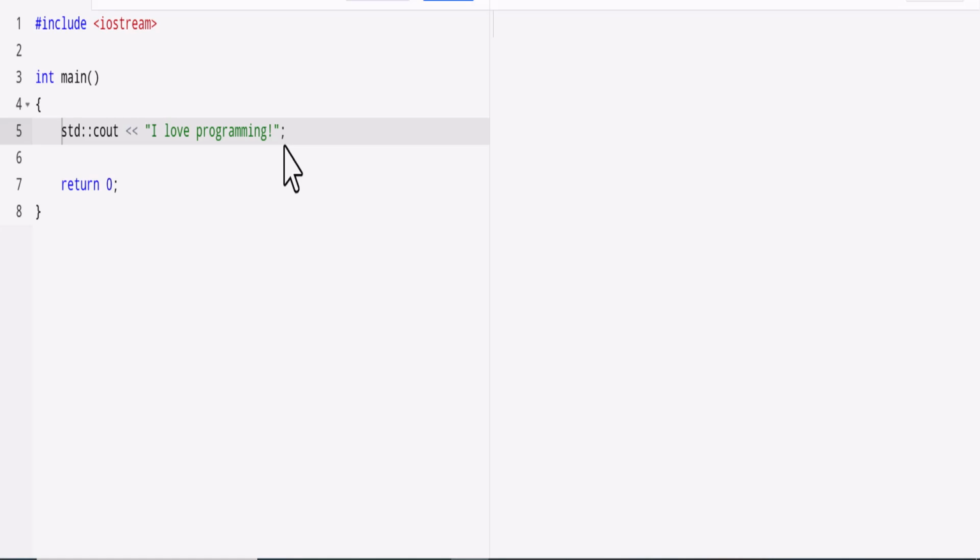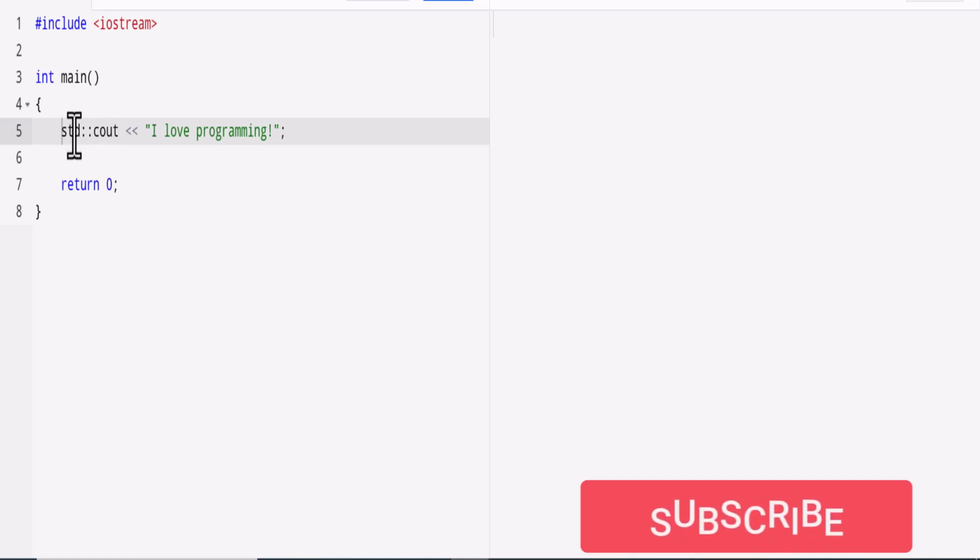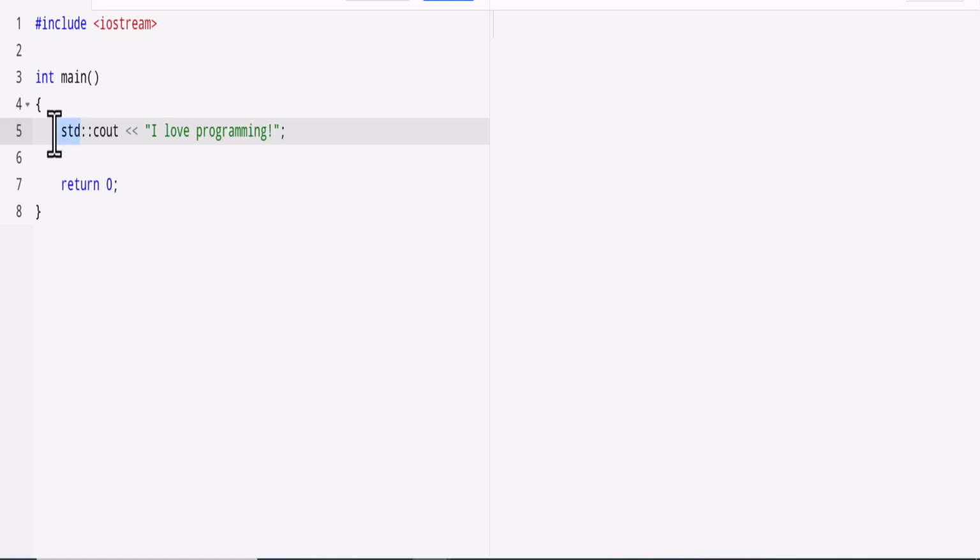Alright, welcome back. So in this video we're talking about printing, and we did this in a previous video as well in C++. So if you notice here, we call the standard name. So we do cout, but we have to start with standard, so std and then :: then cout, and I love programming. Now this has to do with how C++ manages certain features and creates a common namespace for these